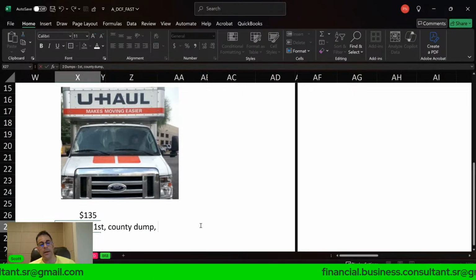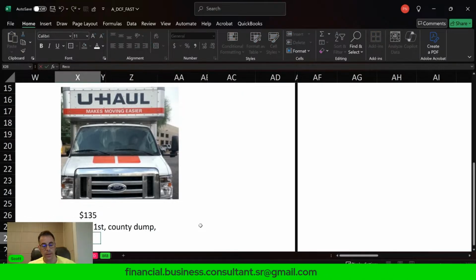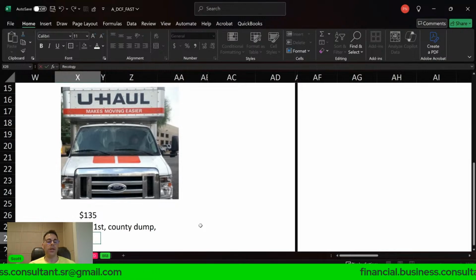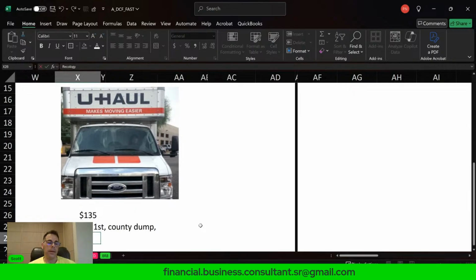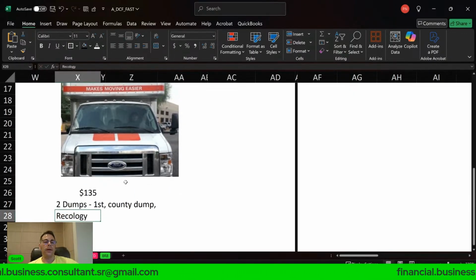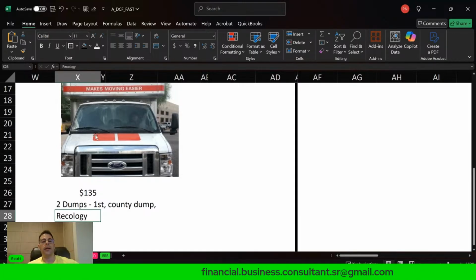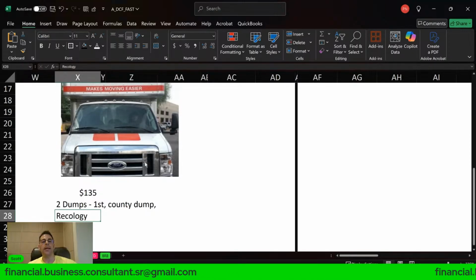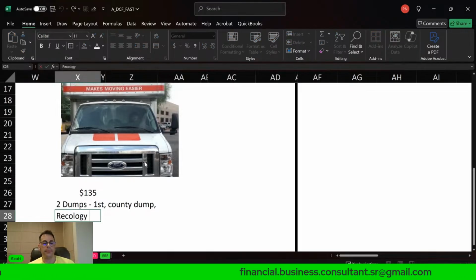So I figured I'll just go to the Recology. I don't know if you've heard of Recology. I think they're all over the place. The Recology near where I live, because I know they take garbage. But it's far. It's like an hour drive. So I'm dirty. I've been pulling stuff out of the warehouse, sweating, and I've been driving this big truck that doesn't drive that fast. It's not easy to maneuver. It's really big and bulky. So it's a little annoying, but you've got to do what you've got to do.